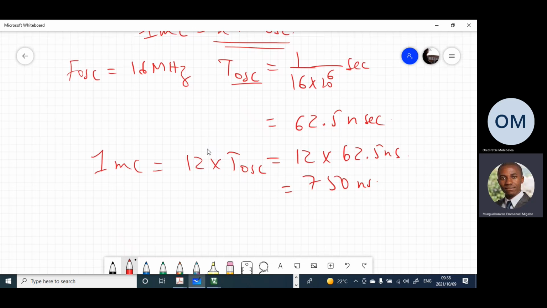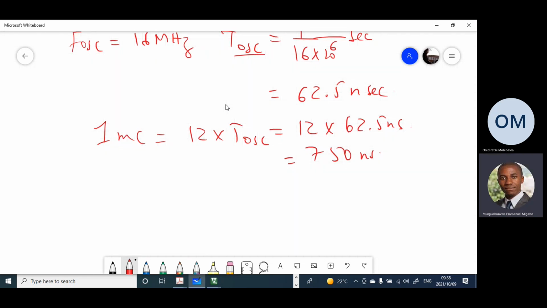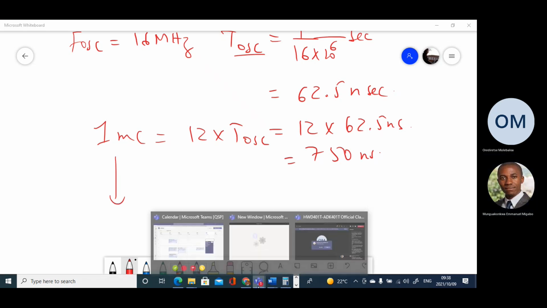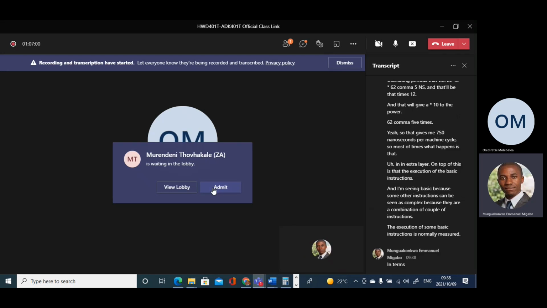So most of the times what happens is that an extra layer on top of this is that the execution of the basic instructions, and I'm saying basic because some other instructions can be seen as complex because they are a combination of a couple of instructions. The execution of some basic instructions is normally measured in terms of,